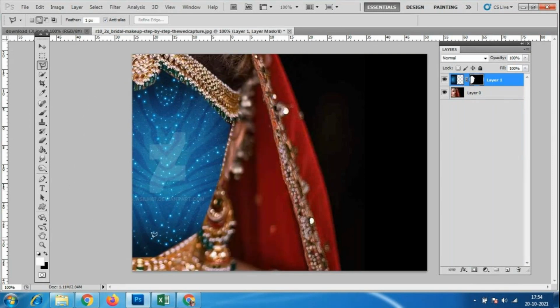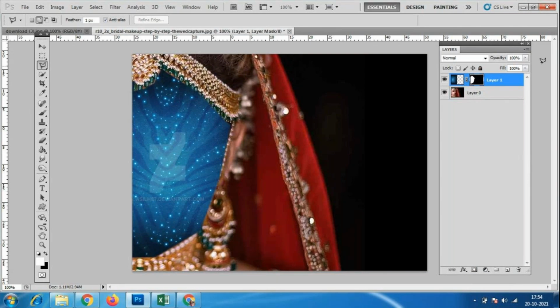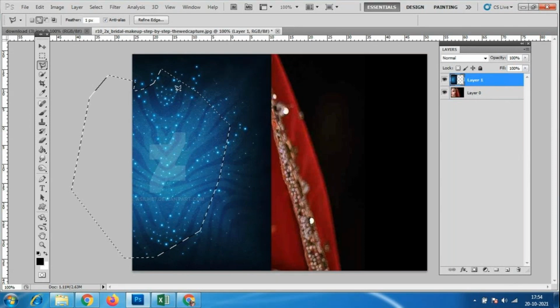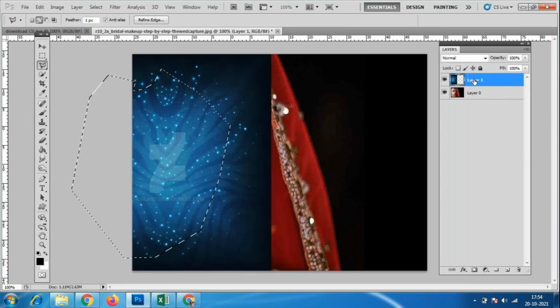How much ever area I have selected here, only that much area will be masked, so only that area is taken according to the face. I have taken only this much of the image, half of the face, for this texture. You can also reduce the texture size. See, the texture is taking only this much.